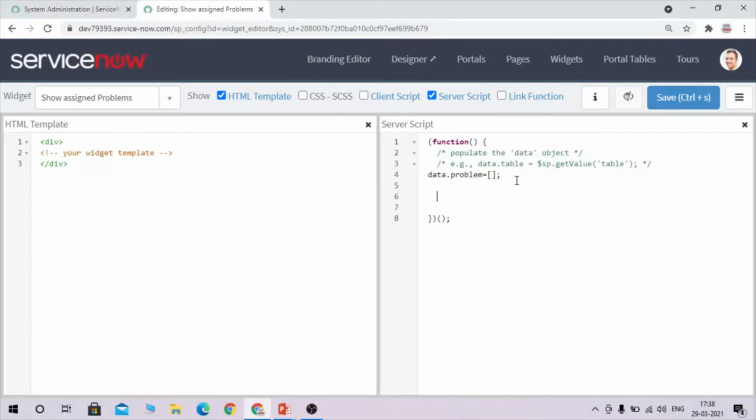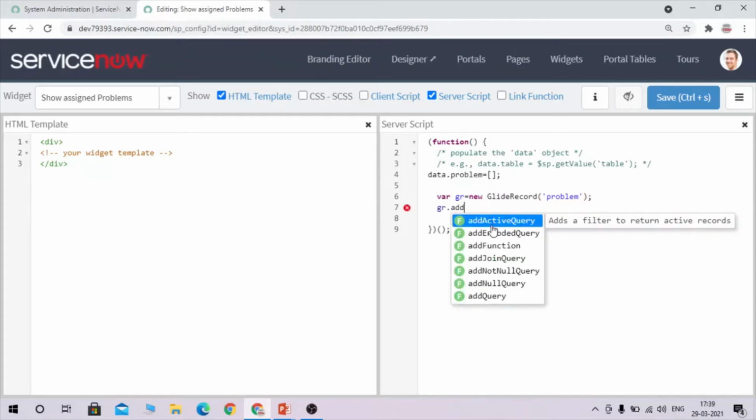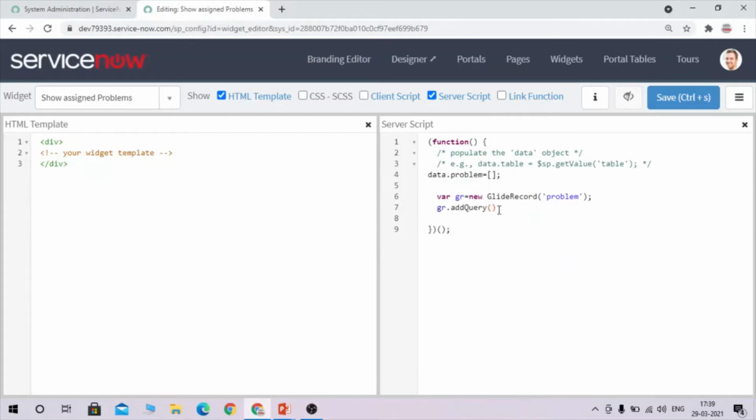Okay, and now I am GlideRecord-ing the problem table, and now we need to add a query. Okay, so we want to filter our data based on whatever problems are assigned to me.